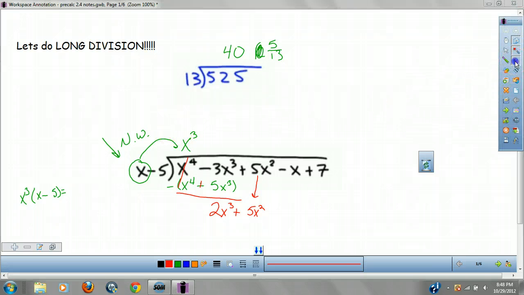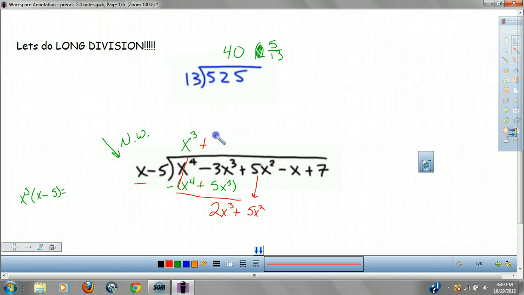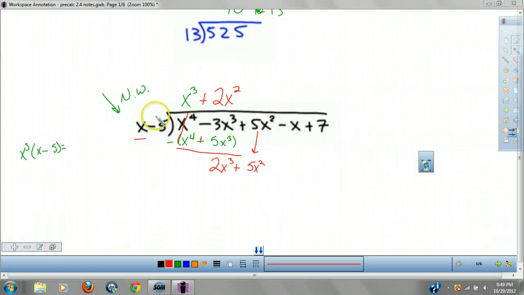Now what I have to ask myself is, number 1, why is my eraser so small? Number 2, how many times does x go into 2x to the third? It goes in positive 2x squared, because x times 2x squared is 2x cubed. Okay. Scrolling down. Little sidebar, 2x squared times x minus 5 is, well, we get 2x cubed